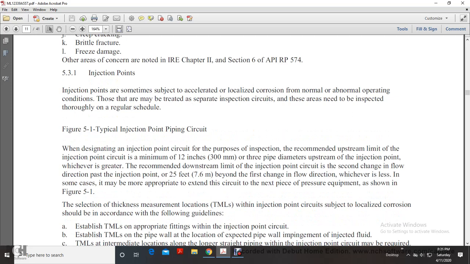The recommended upstream limit of the injection point circuit is a minimum of 12 inches or 3 pipe diameters upstream of the injection point, whichever is greater. The recommended downstream limit is the second change in flow direction past the injection point, or 25 feet beyond the first change of flow direction, whichever is less. In some cases, it may be appropriate to extend the circuit to the next piece of pressure equipment, as shown